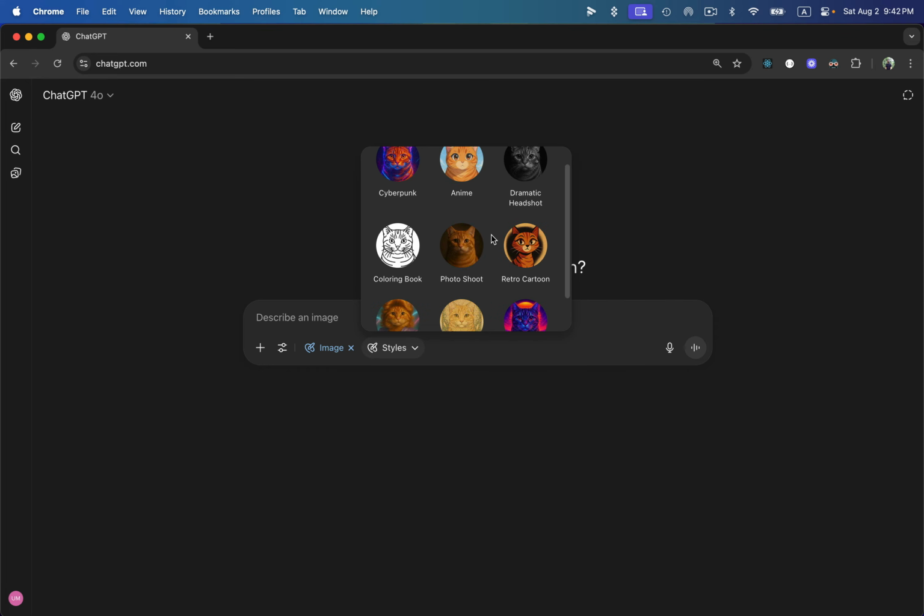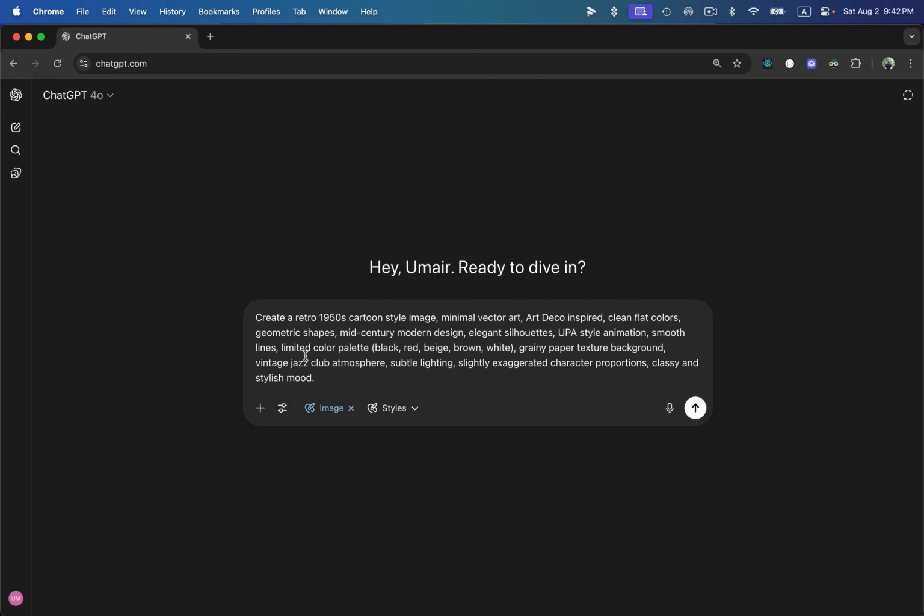For example, I can have this as the style. Okay, so create a retro, and this is an example prompt following the best practices of prompt engineering, and obviously we can modify it according to our needs. Let's say that we don't want to create a cat. I don't see that it has actually written the cat over here, but it has helped me generate the prompt